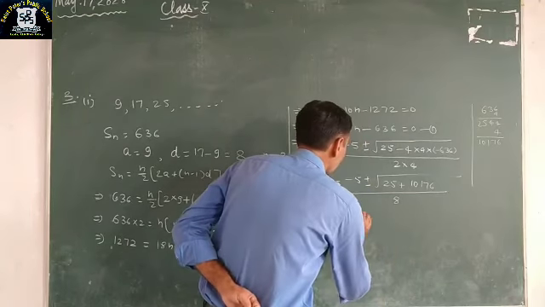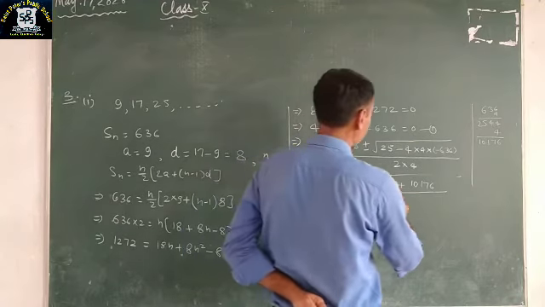Again, minus 5 plus minus, by adding 25 to this,